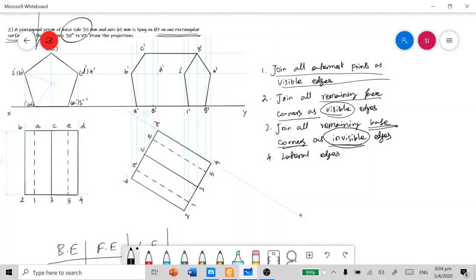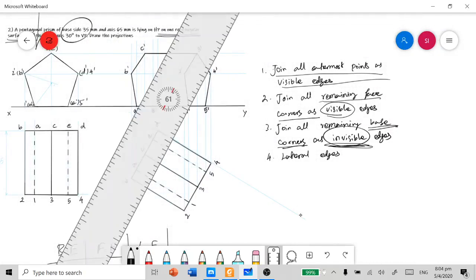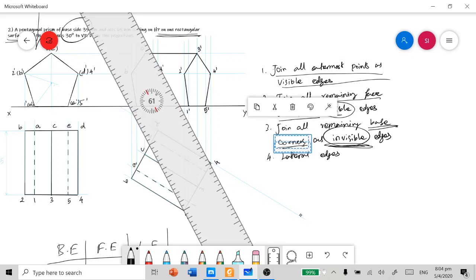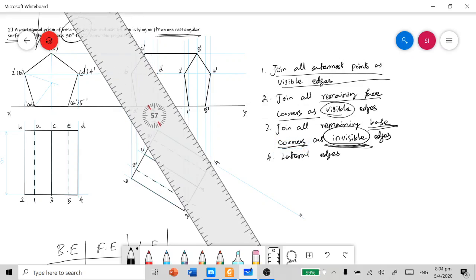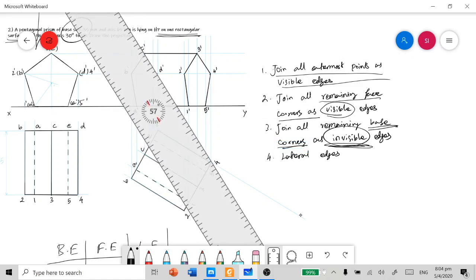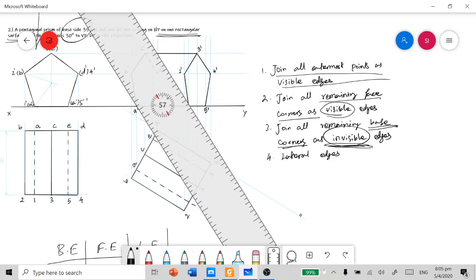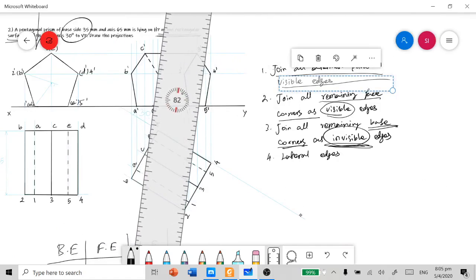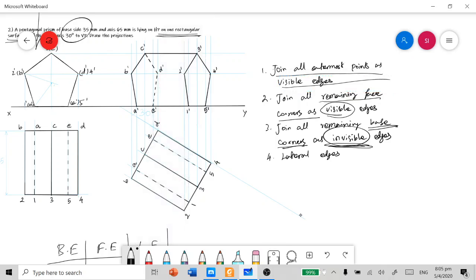We have to join them as invisible edges in the dashed line format. Now connected.